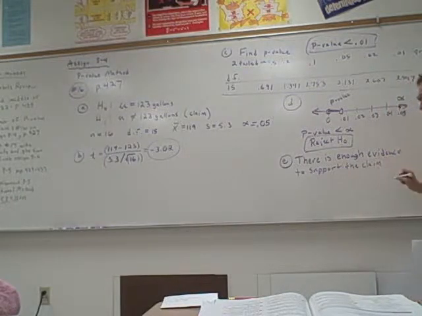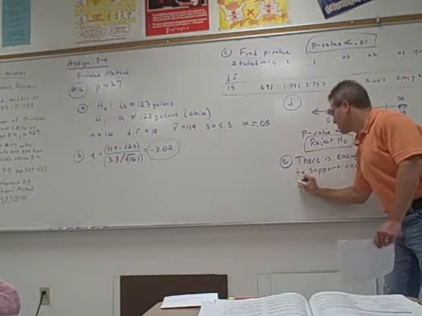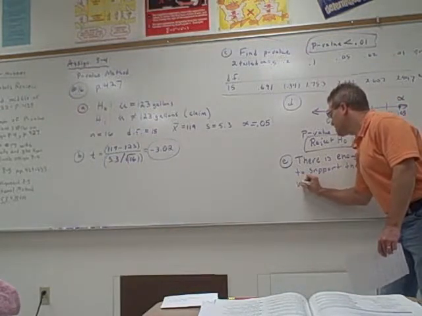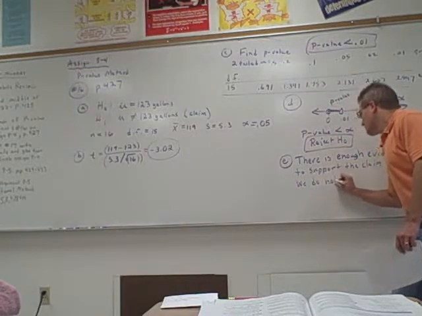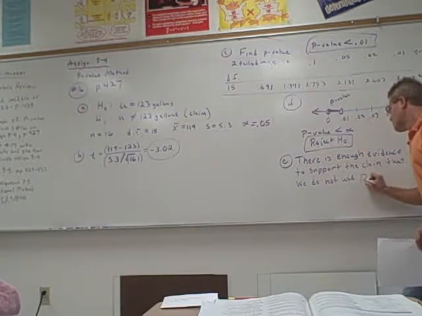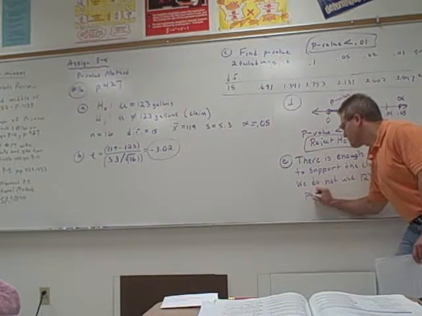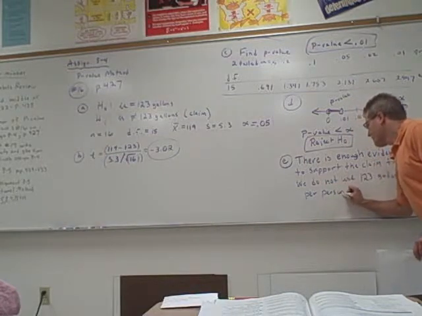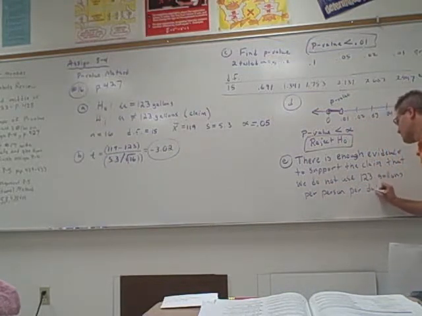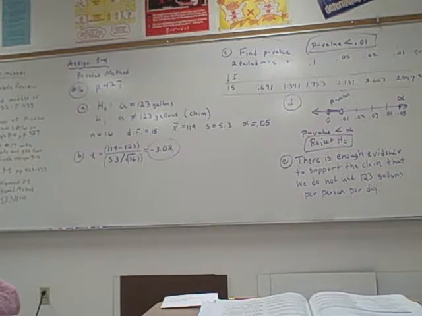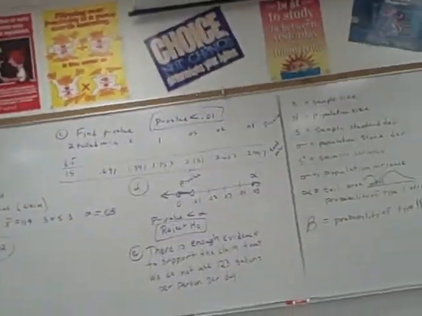And then after the word claim, you say that we do not use 123 gallons per person per day. And according to this evidence, it looks like we use less, because the sample mean is less than 123. Any questions about that? Might not seem like a big issue, but I know I went to